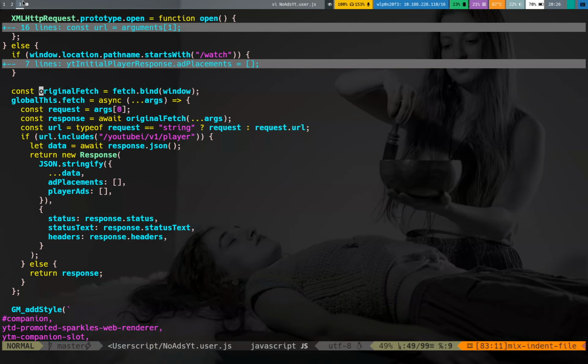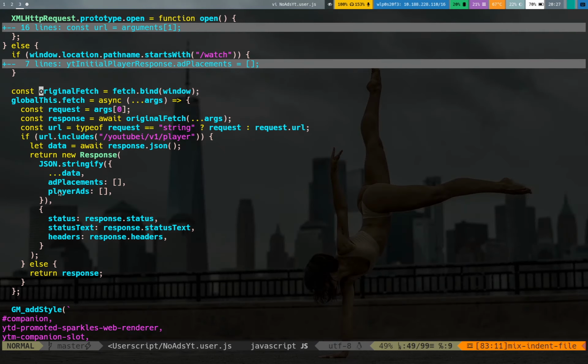So once the URL has matched, we make new data. In this data, the AD placement is empty, and also the player AD is empty. If we have done this, the web page will think that there should be no advertisement to play, and so we can use YouTube without advertisement.